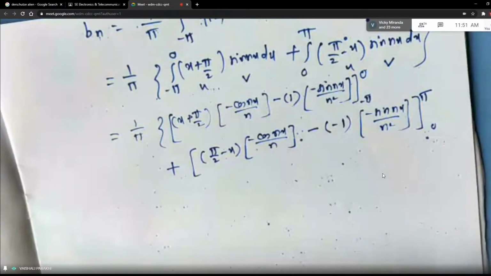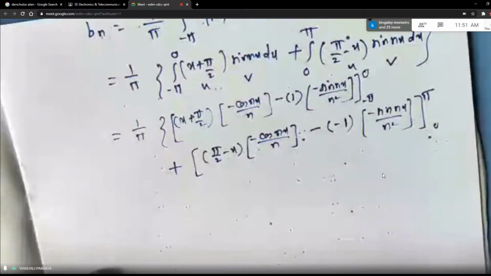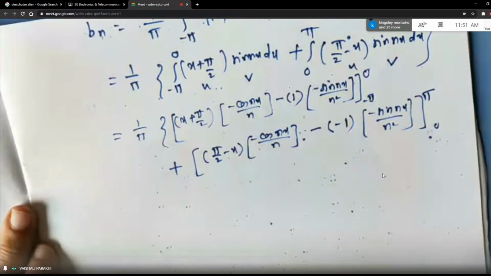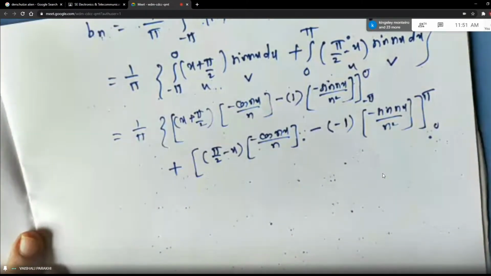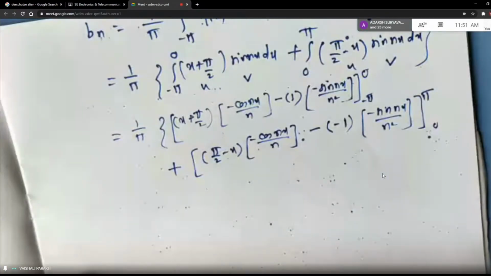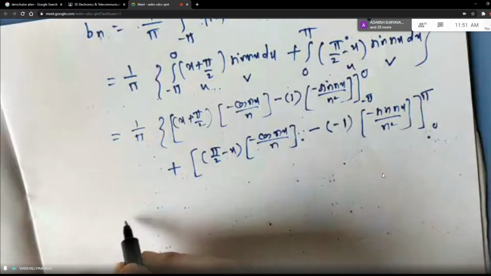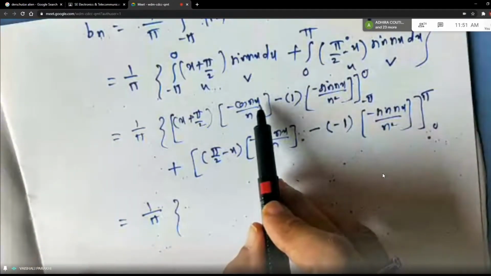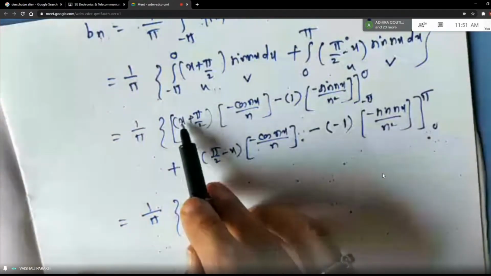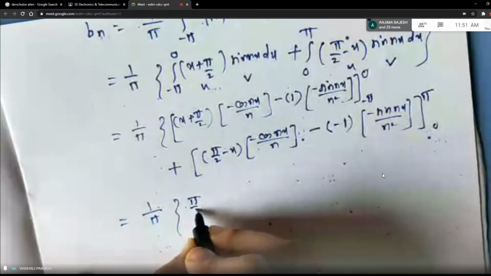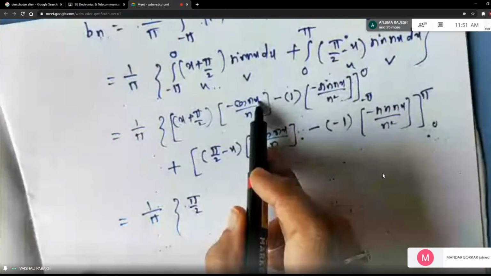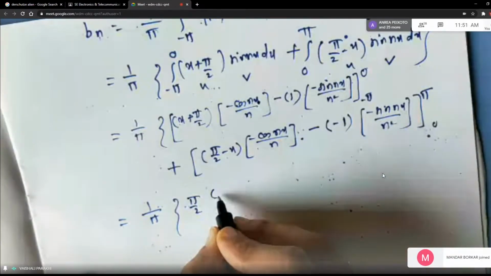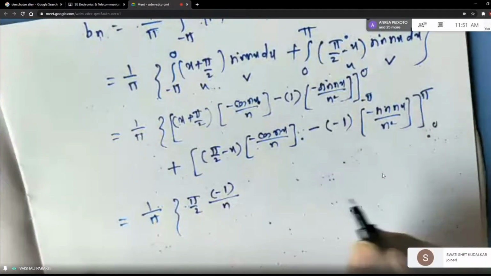0 to pi. Okay. So this is our Bernoulli's expansion, students. And now let us replace x by upper limit and lower limit for both the integrals. So now let me substitute x is equal to 0 first. So 0 plus pi by 2 is pi by 2, students. What is cos of 0? Cos of 0 is 1, right? So I am writing minus 1 by n here.